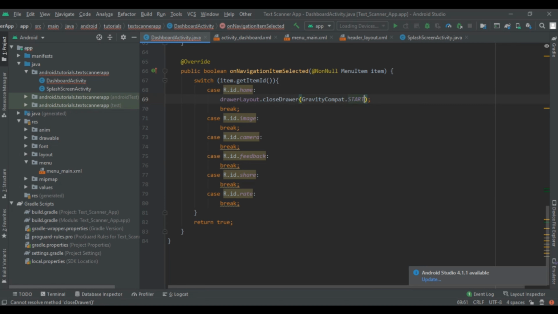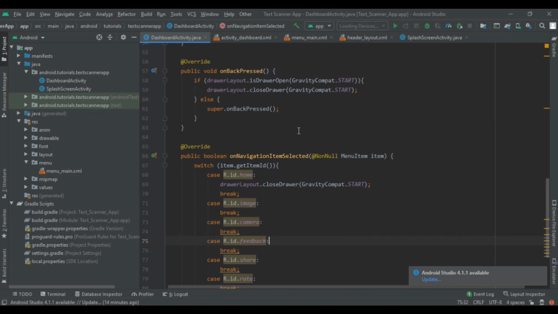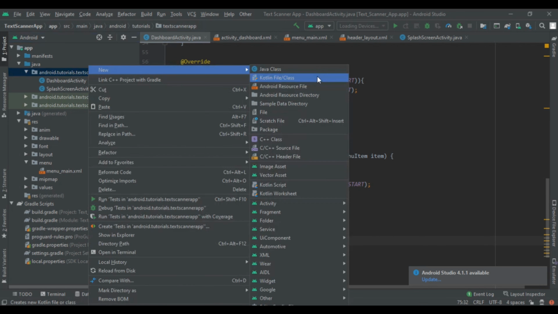So here we have completed the implementation of home, and now we have to create two Java classes and then one layout resource file. I will tell you the uses of that in our next video, but now just create the classes.